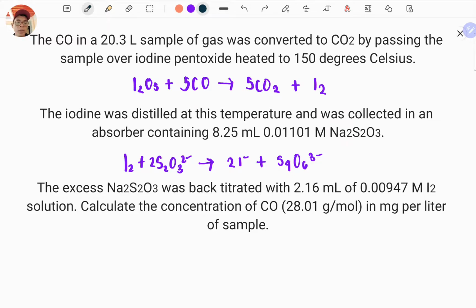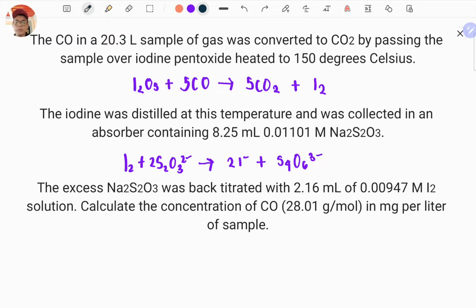0.01101 molar sodium thiosulfate. So this iodine, because it's a gas, to collect it, it was made to react with thiosulfate, forming iodide and S4O6. The excess sodium thiosulfate was back titrated with 2.16 milliliters of